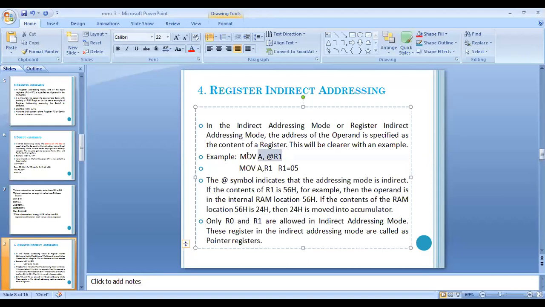What does it mean in the indirect addressing mode? See here, same instruction, MOV A, R1, but there is an ampersand sign. Whenever there is an ampersand sign, it is an indirect addressing mode. Indirect means whatever the value of R1 is treated as an address. Means what? If R1 is 05, then R1 is treated